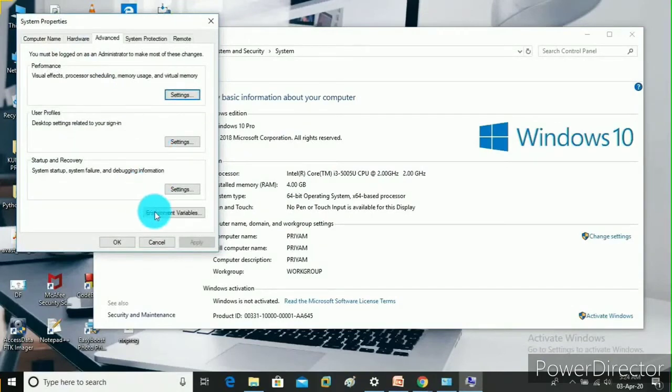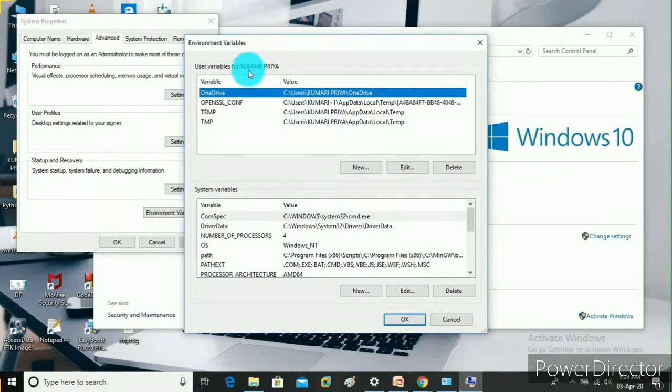Now click on environment variable. So guys, here you can see that we have two options to set path. One is for current user and second is for system variable. So I am going to select it for current user.